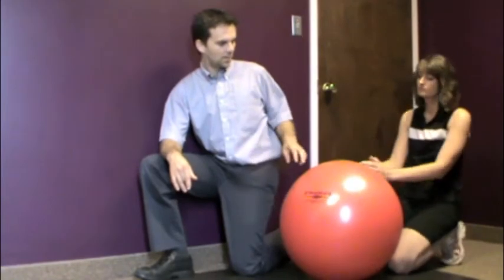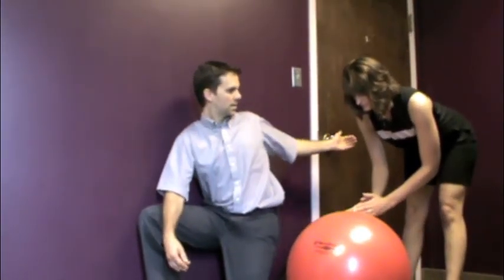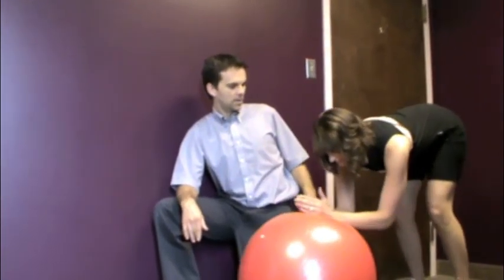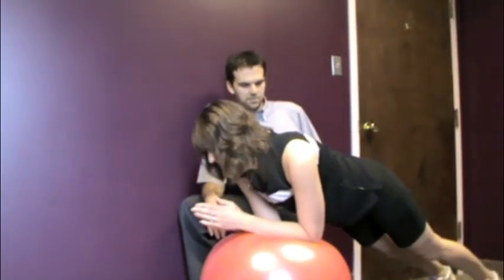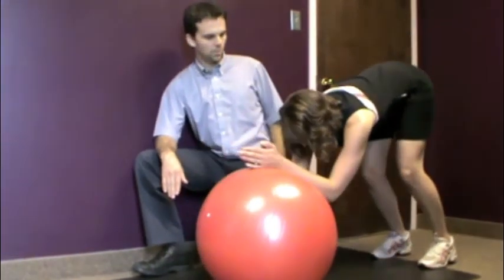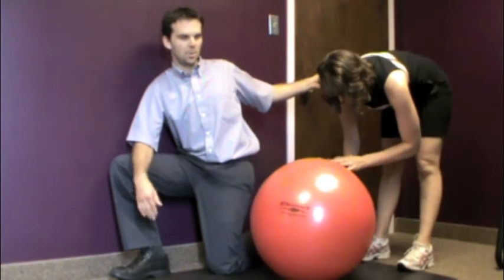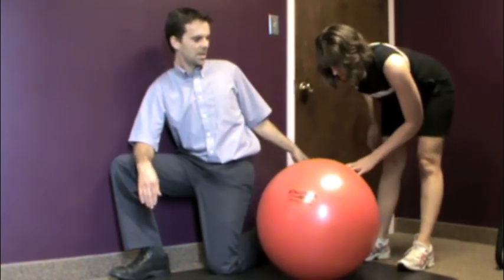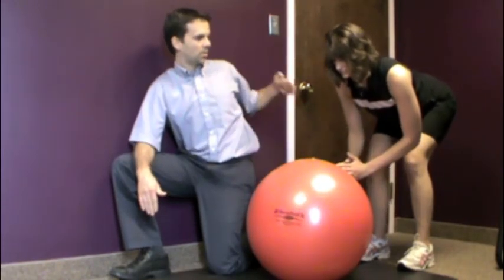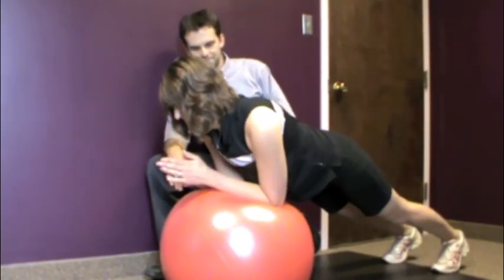Good. And then if you want to try the standing variation, you want to bend at the hips and then slowly roll forward with control. Good. Roll back up. Good. You want to be careful with this not to round your lower back when you do this, because that's going to put a bad stress on your lower back. Instead, keep that little arch. Kind of stick the rear end out like a duck butt, and then